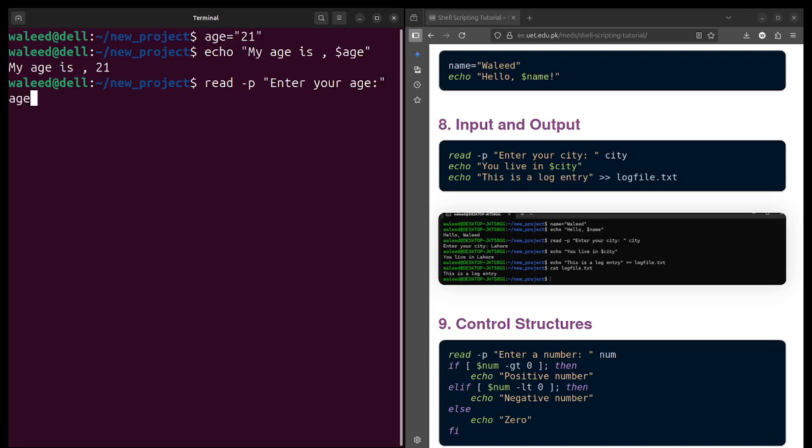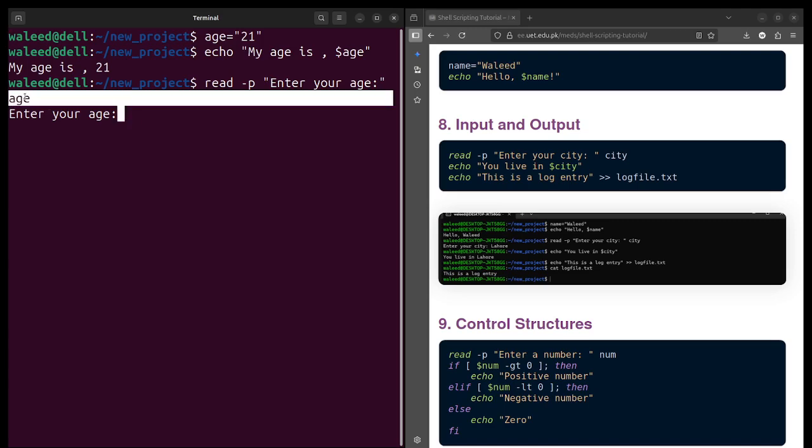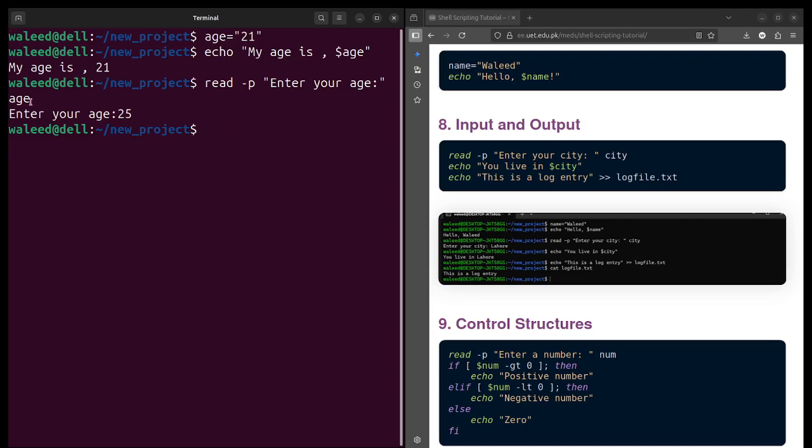Okay. What it will do is print the line enter your age in front of the user, and whatever the user writes, it will store in the variable age. For example, if the user writes 25, it will store 25 in age.